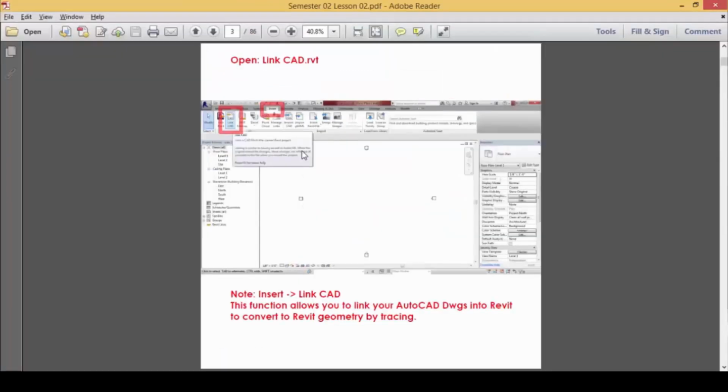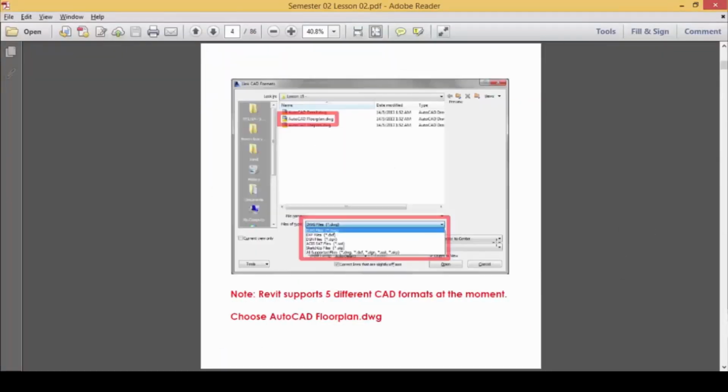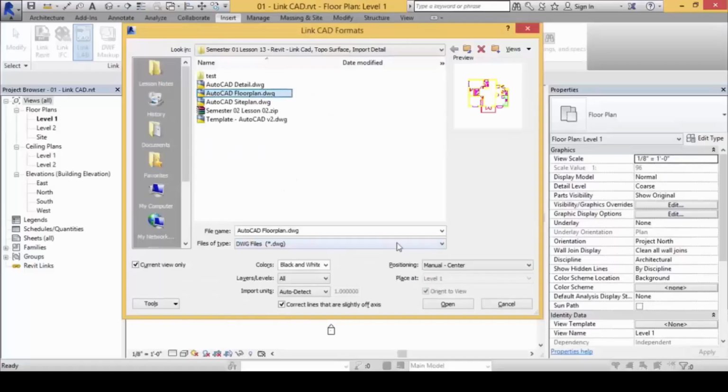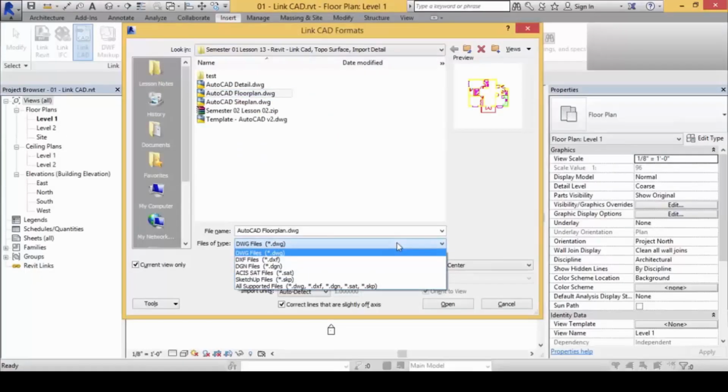Now, first of all, Revit supports a couple of different file formats. Namely, first one will be drawing files, the AutoCAD drawing file, and then the more generic, more open source DXF file format, the drawing exchange file format.